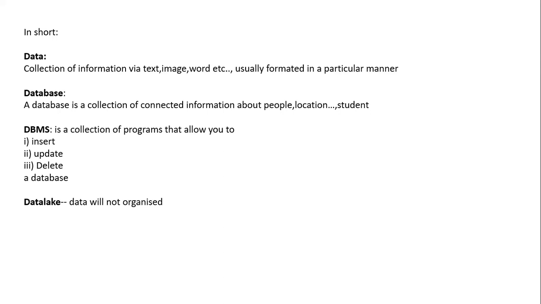You can insert, update or delete. If a student no longer wants to attend the class, we will delete that person's data. These actions are considered a database management system: a collection of programs for inserting, updating or deleting data in a database.